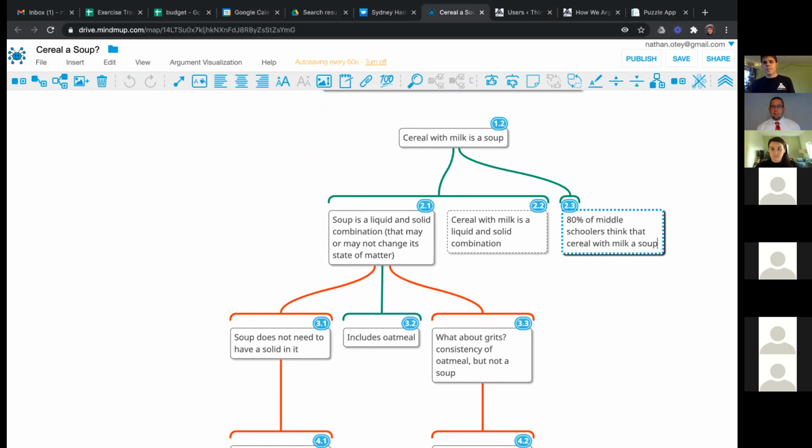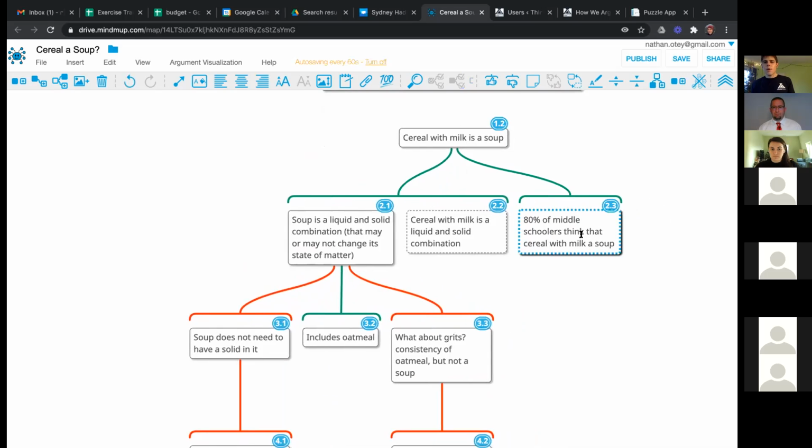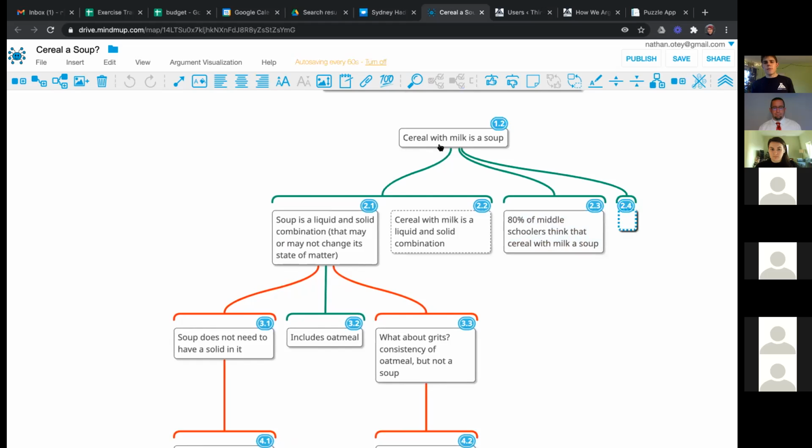You eat it with a spoon out of a bowl. Oh, that's even better. So that's a whole other reason that Joe has given us. So you can see what I'm doing here, guys, is just adding independent premises, adding separate reasons.